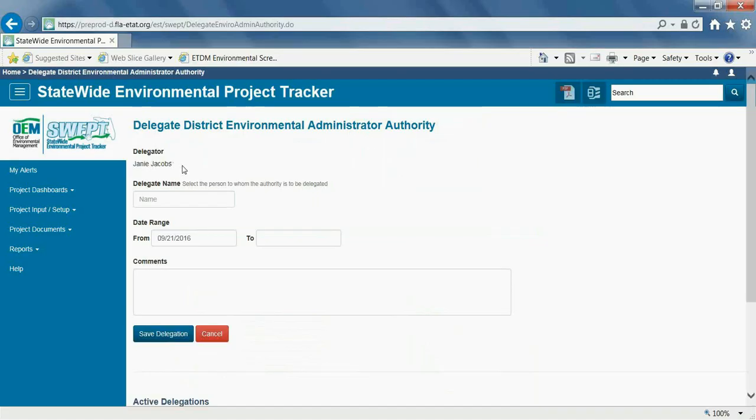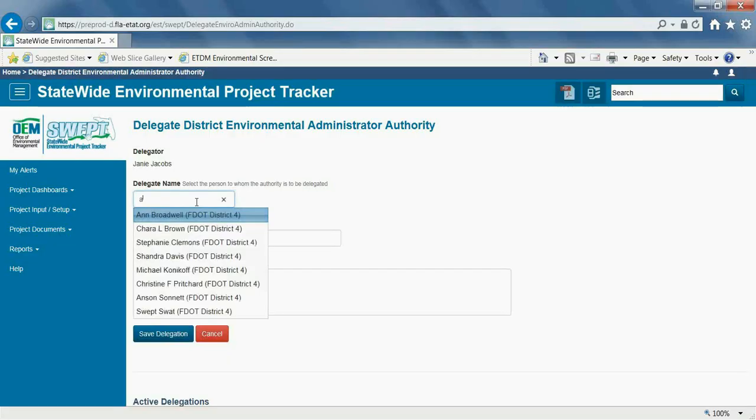The delegator, that's me, the account I'm logged in as, Janie Jacobs. The delegate name, select the person to whom authority is to be delegated. Here I can begin typing the name of the person to receive the authority, and then select from the list